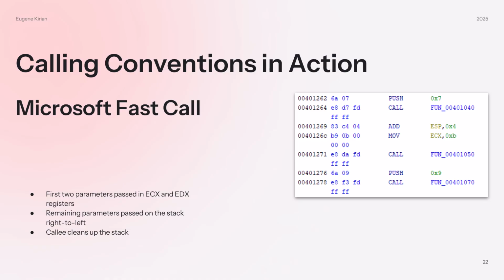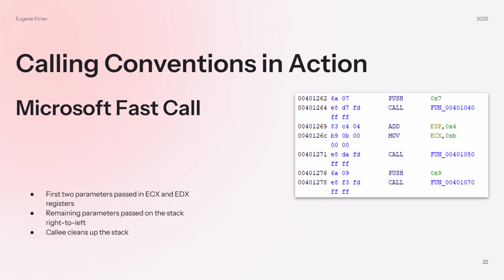Let's take a look at the Microsoft Fast Call convention. This calling convention is designed to improve performance by passing parameters in registers instead of on the stack. In Fast Call, the first 2 parameters are passed in the ECX and EDX registers. This allows for faster access to the parameters, as registers are generally quicker to access than memory. Any remaining parameters are passed on the stack, and they are pushed from right to left, just like in the